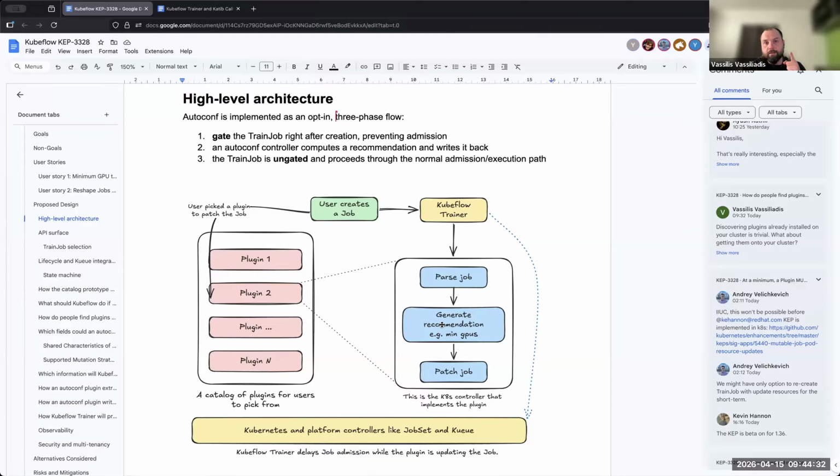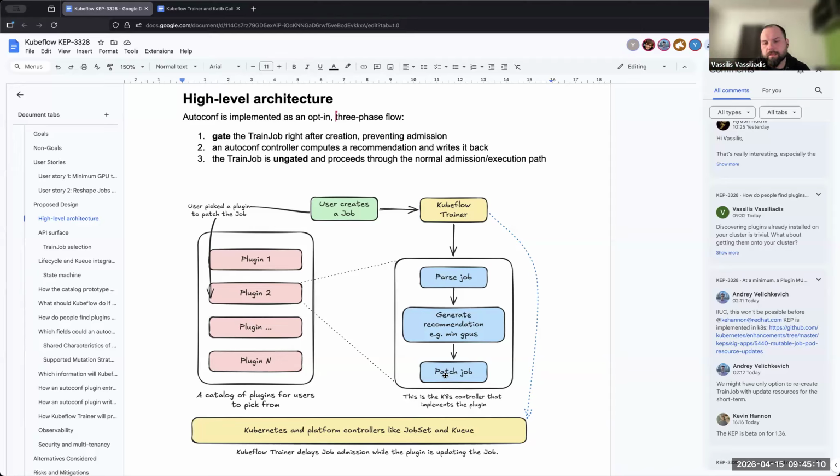And then you have something that enforces the job recommendation. So for example, this patch job step, it could be literally like a Go function that uses the runtime patches API, which propagates this information from the recommender down to the train job object. And then at this point, the plugin is finished. It just says, okay, this is the patch. I finished working on this train job, maybe with some kind of an annotation.